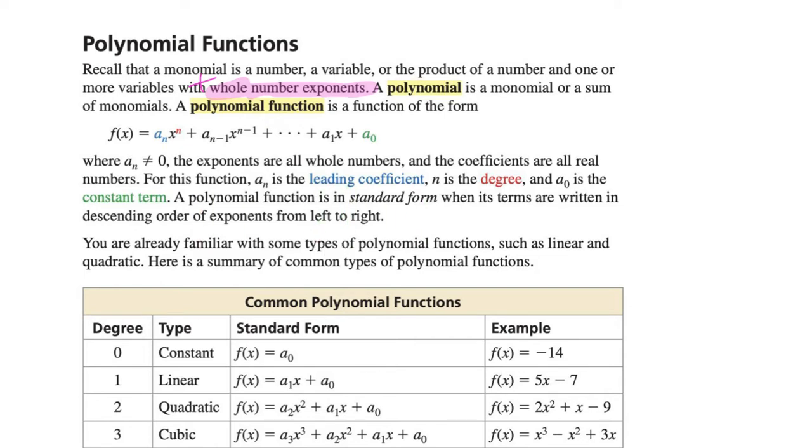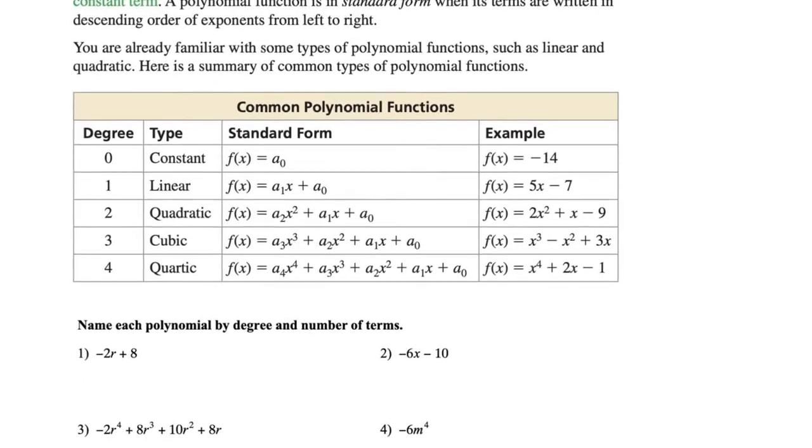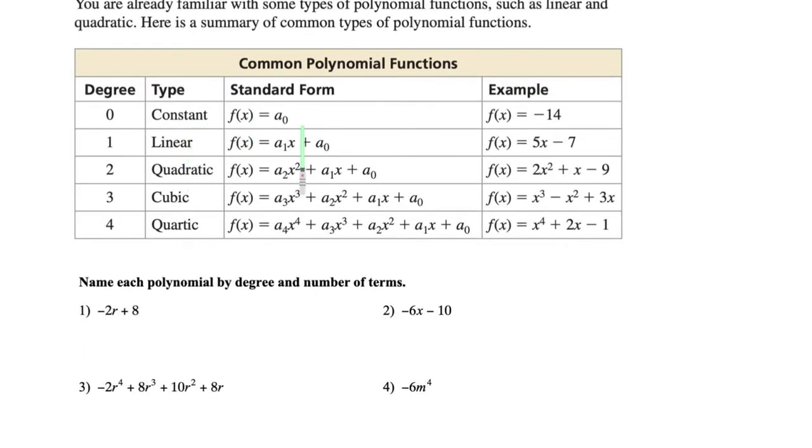So the leading coefficient is the coefficient of whatever variable has the highest exponent, and that highest exponent, that n, is the degree. With that information, we can name the polynomial, right? In standard form, anything that doesn't have a variable, just a number like f of x equals -14, is a constant. Then linear: my highest exponent is 1, so the degree is 1. The quadratic, we already saw, has highest exponent 2. Cubic is going to be 3. Quartic is going to be 4. Anything from there, we're just going to name it